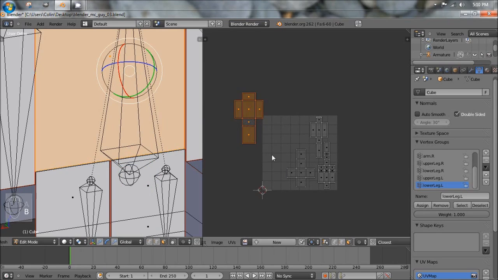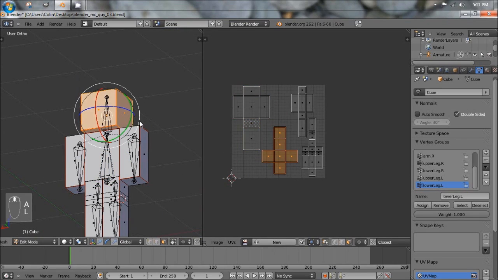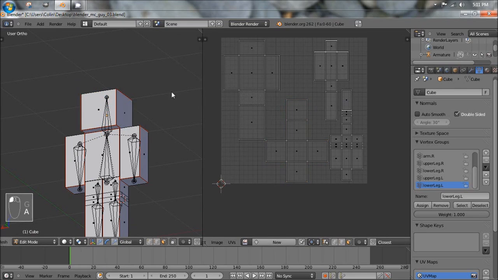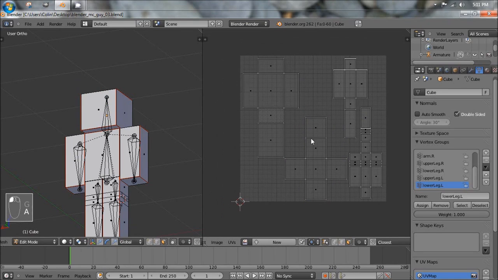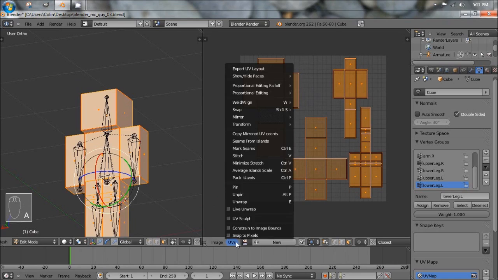So let's go ahead and box select the body and move it in. We could spend more time making this a better UV layout. I might actually select the head and scale it up because we want as much room there as possible. Okay, let's go ahead and save this. Now to export to a UV layout, I got a few questions about this as well. You actually have to have the faces selected, or at least one of the vertexes or the edges or the faces selected. So I'm going to press A to select all, and then go to UVs and